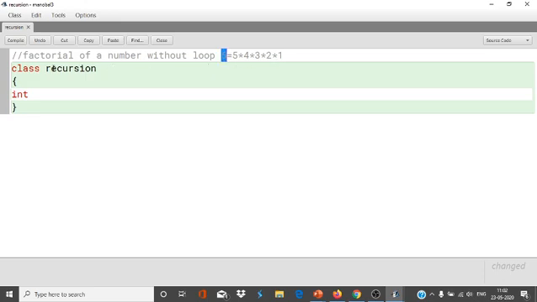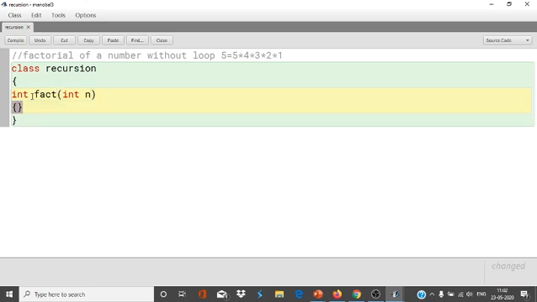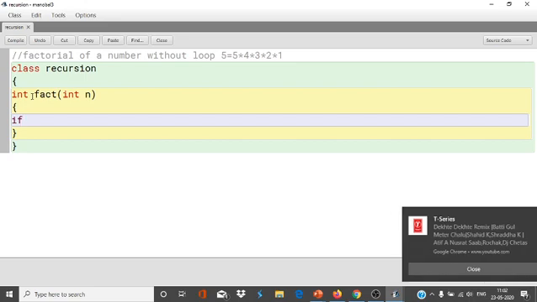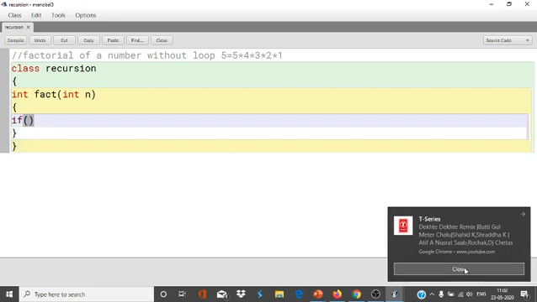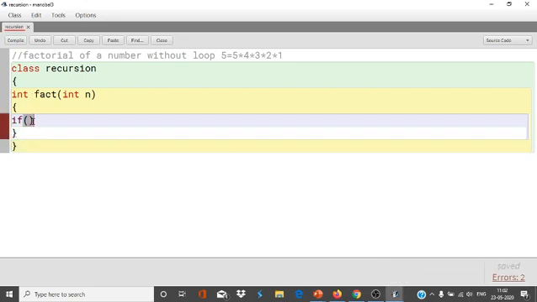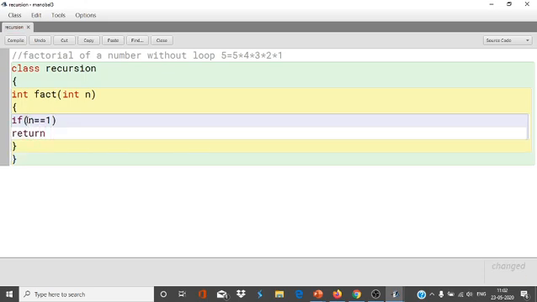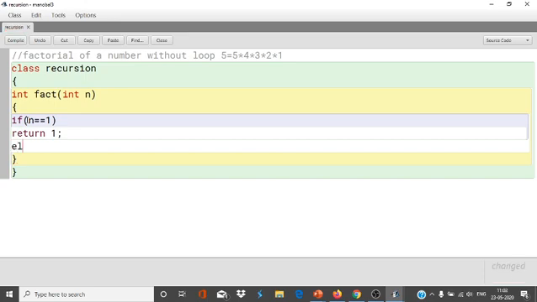But with the help of a function, how we can do that, I am going to declare. Suppose I have declared a function fact for finding the factorial, and I have to find the factorial of n. Now I will give the condition that if n equals 1, then it should return 1, else